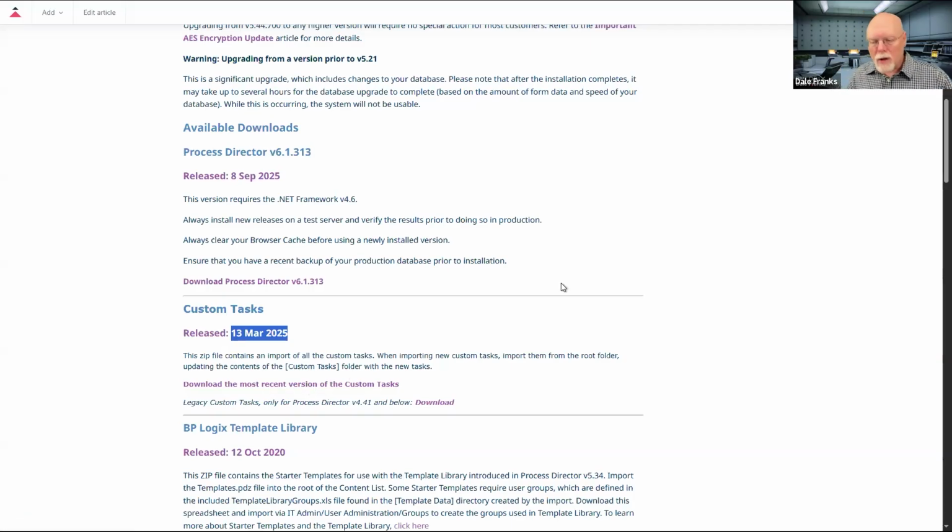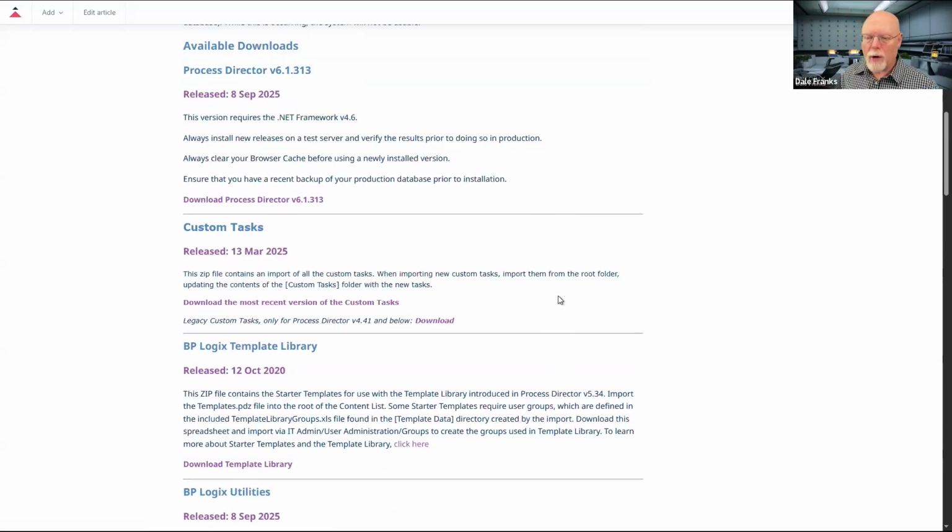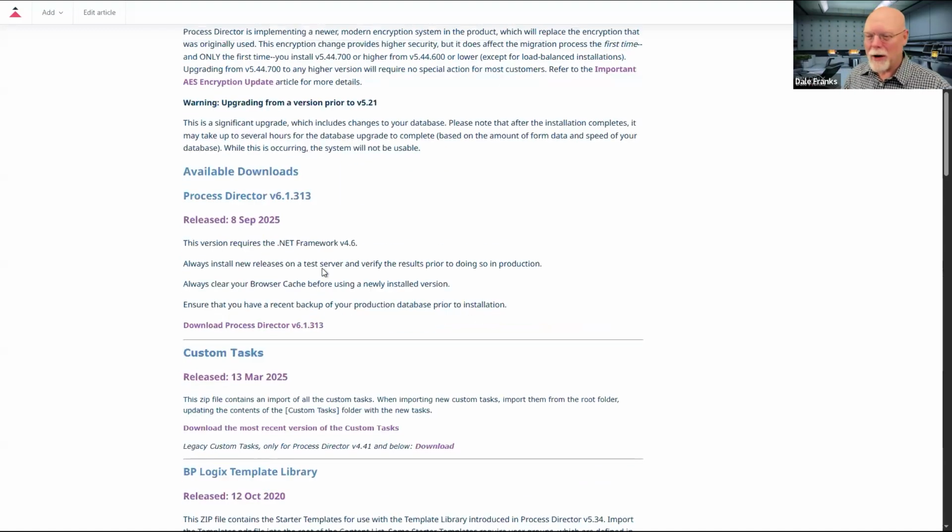In any event, go back and download these custom tasks on a recurring basis. Anytime you go in and notice that there's been a new release by looking at the release date, you need to download the custom tasks. Last month, I had a tech support ticket come in from someone who said, hey, my custom task is not doing what it's supposed to. I expected it to do this. The documentation says it does this, but mine isn't doing that. And I went into their system and discovered that they had not updated their custom tasks since 2019. Don't wait for 6 years to update your custom tasks. Do that on a recurring basis.